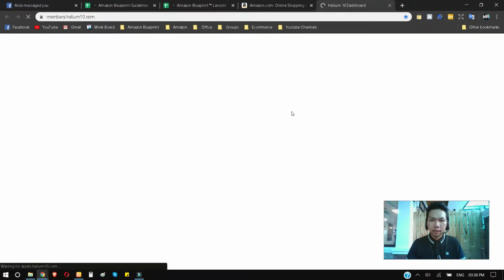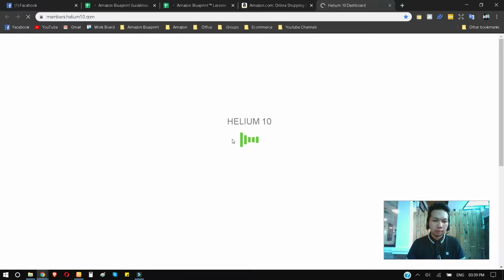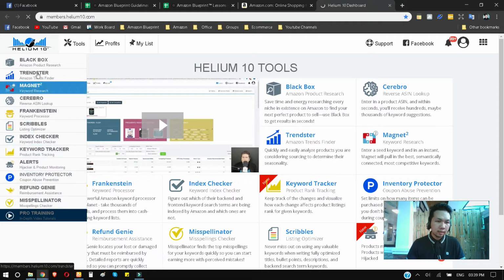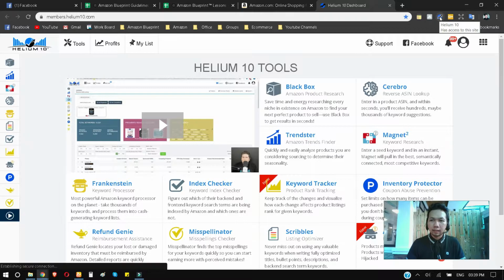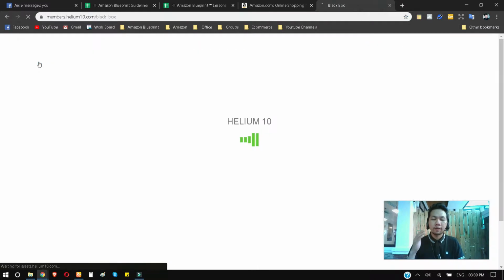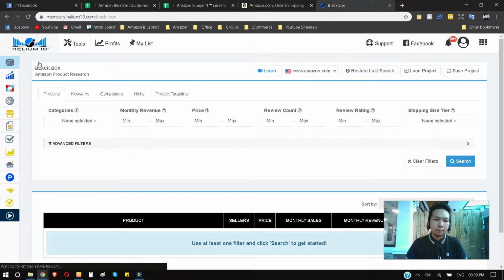We all know already how to basically use this or what Black Box is really for sa Helium 10 module natin. So basically, familiar na kayo sa mga bagay-bagay na nandito, like itong Black Box up to Misspellinator and also the Helium 10 Chrome extension. So click muna natin yung Black Box and let's try to find a product na pwede nating mabenta. But I won't promise na makakakita tayo,